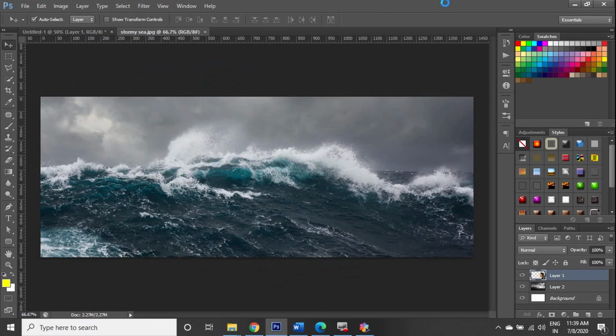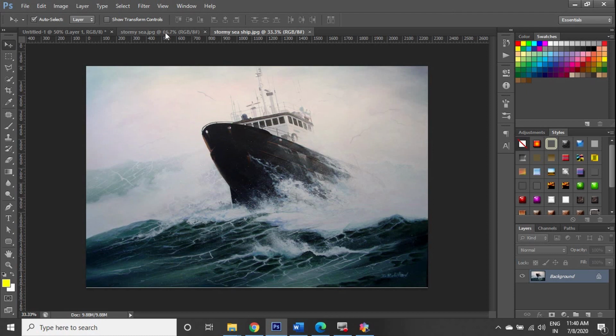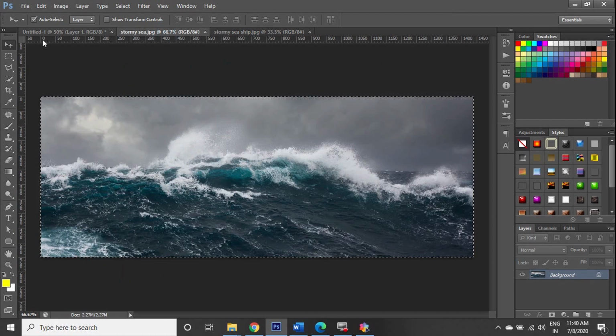Import the other 2 images into this document in the same way and see what procedure I am using to mix these images.